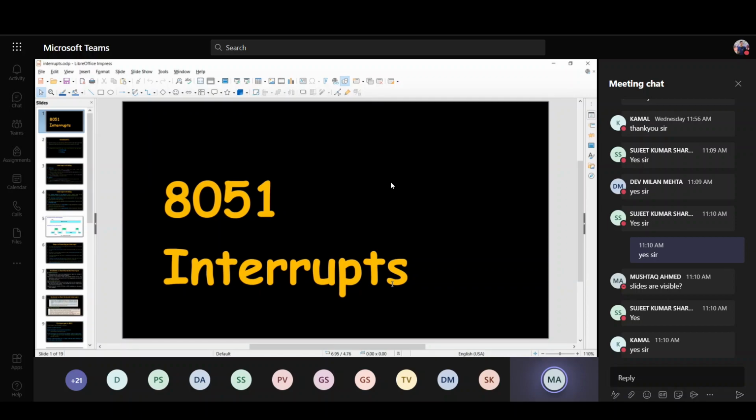For example, a simple example is when you are watching a movie on your mobile phone and suddenly a WhatsApp notification pops up. If you stop watching the movie and check that WhatsApp notification, it works like an interrupt. You are doing some continuous work, and suddenly a notification or a disturbance comes. That interrupts your current processing, and then you look into what that disturbance is about. Similarly, interrupts exist in CPUs.